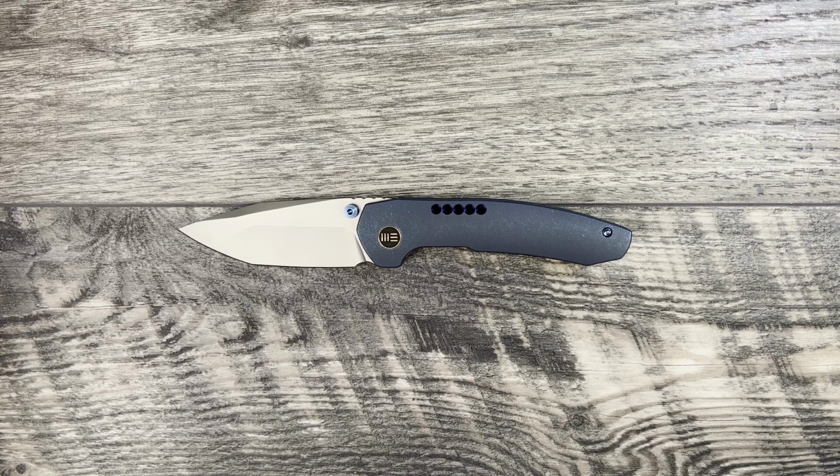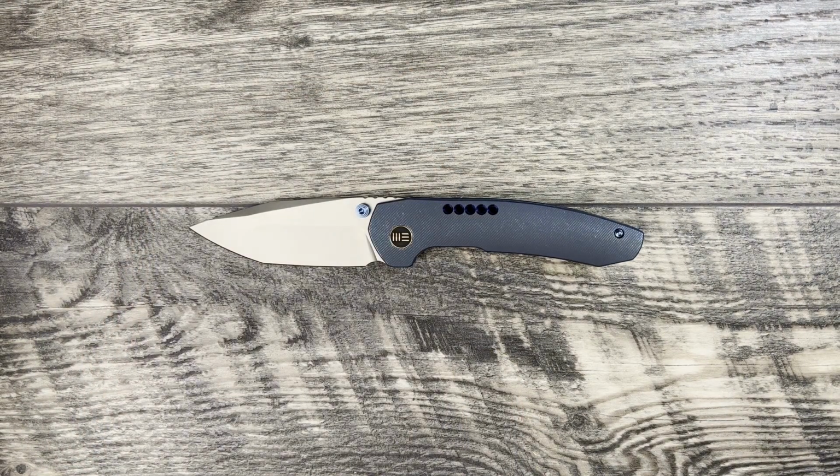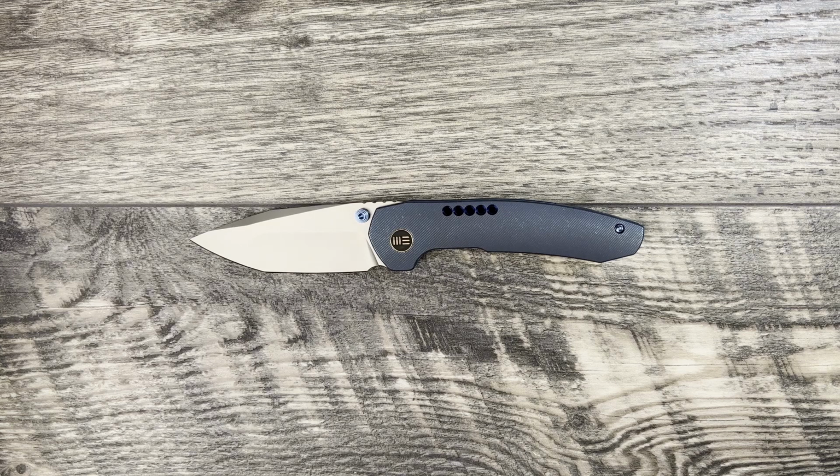And I did get that price from Blade HQ, I think it was. It might have been Wii, but I thought I looked it up on Blade HQ. So you're talking nearly $300 for a Wii. Not that it's not worth it, but I did want to point that out because there's quite a few options